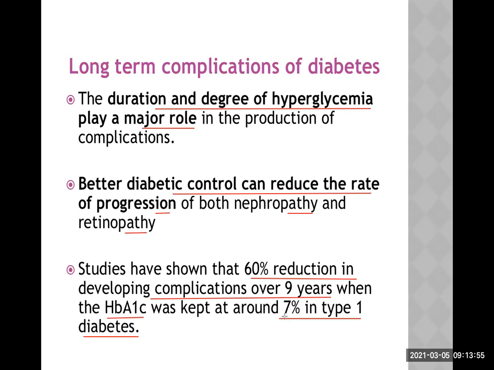Now, let me ask one question. What is the importance of doing HbA1c here? Sir, it will show us the glucose level for the past 3 months. It will show 2 to 3 months of glucose level. Long-term diabetes control. It will show in the last 3 months how tightly the blood glucose is controlled. Blood glucose is attached to the RBCs. Very good. All of the answers are correct.